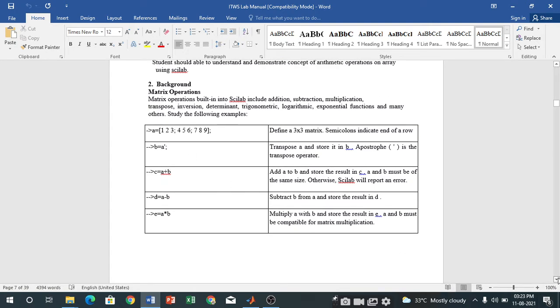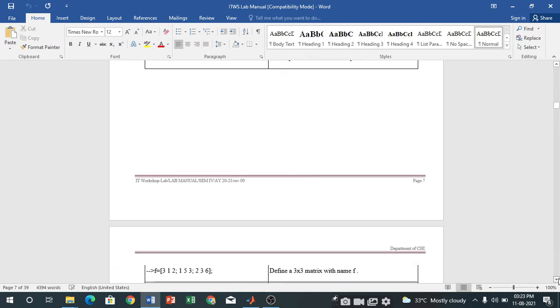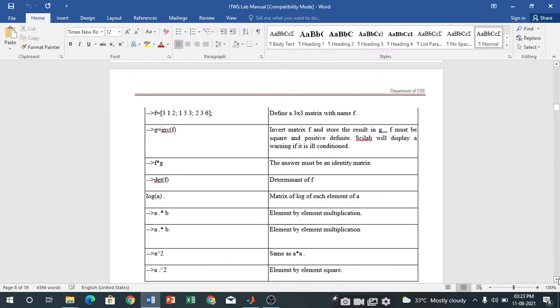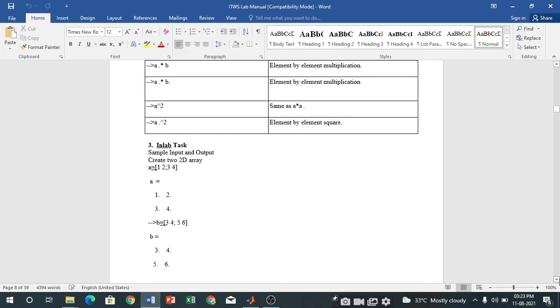We will discuss these things through the practicals. Next is inversion. We can also create the inverse of a given array, and the multiplication of a given array. So here we can perform different types of arithmetic operations on the given array. Let's discuss these things.